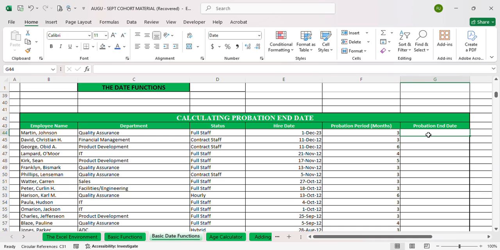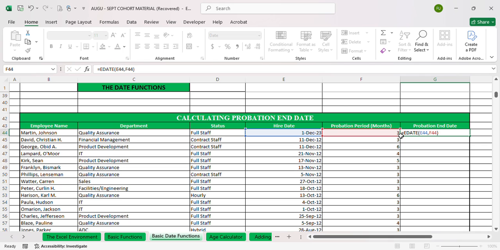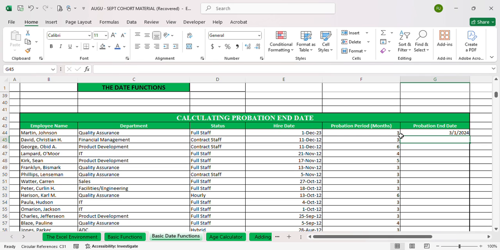So let's write the EDATE function. That's the first one. What is the syntax? Start date: pick your start date, which is your hire date, comma, then the number of months. Enter. So it means if you employ someone on December 1, 2023, and he or she is meant to work for